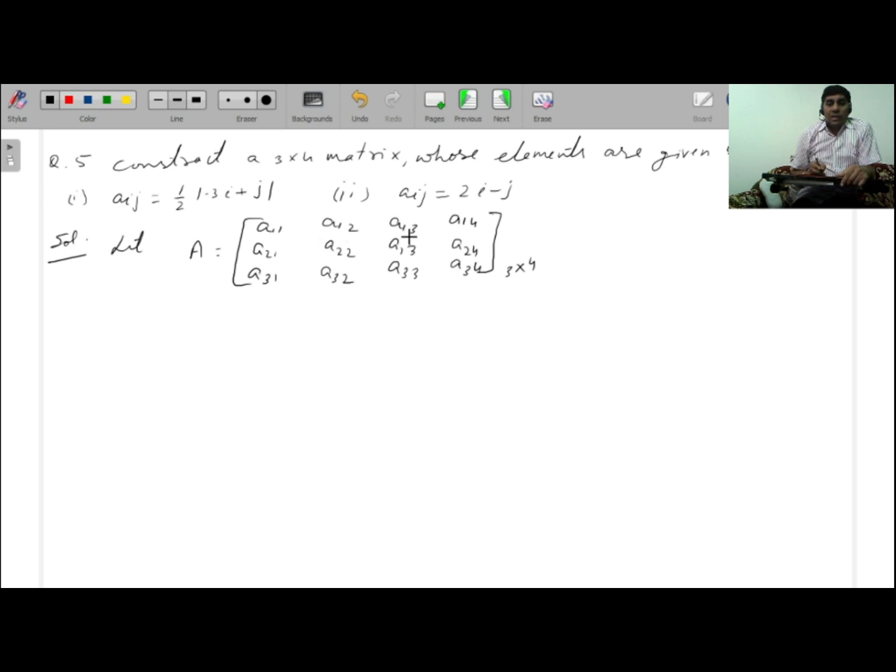A11, A12, A13, A14 like this, these are the elements. We have to find the values of these elements. So first